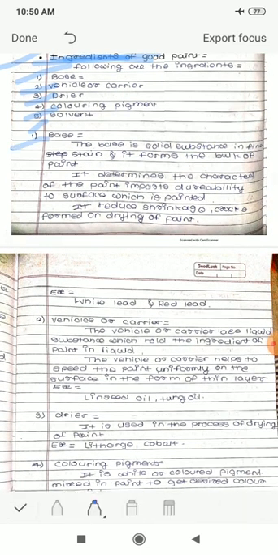The base is one of the solid substances which is available in maximum quantity. Therefore, it gives the maximum volume or bulk to the paint. And it prevents the shrinkage and cracks which develop during the drying of paint. The best example of the base is white lead and red lead, which are used as ingredients of good paint.